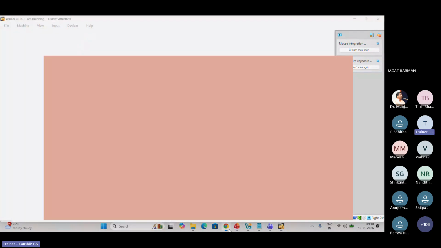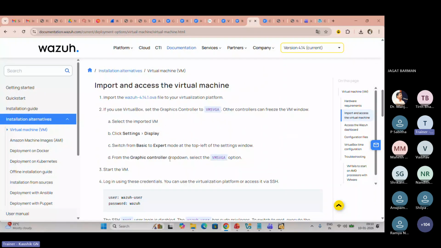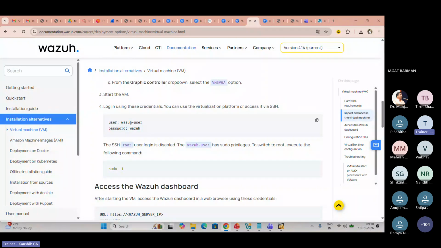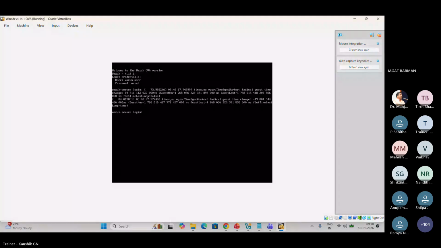Once you run it, go to the settings. The login credentials are here. The default login credential is user wazuh and the password is wazuh. We will log in. Just a second.